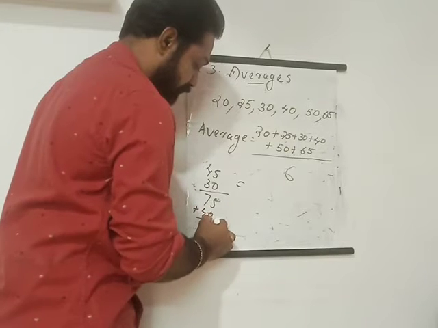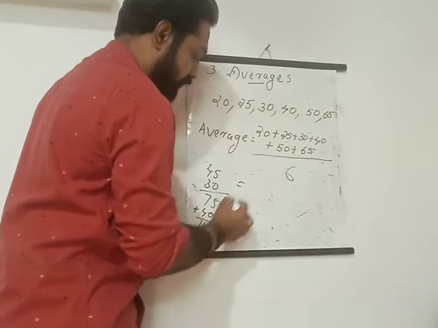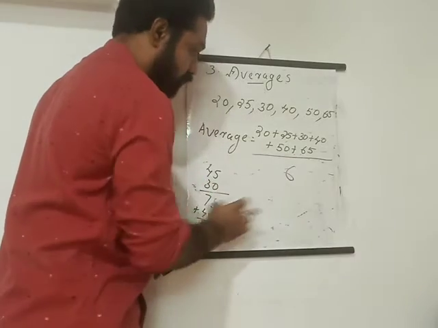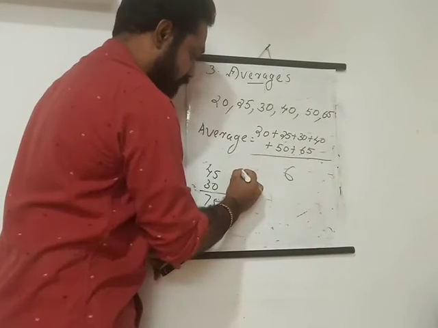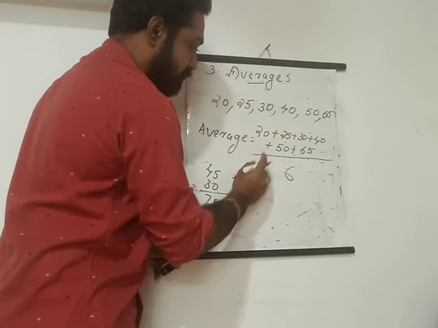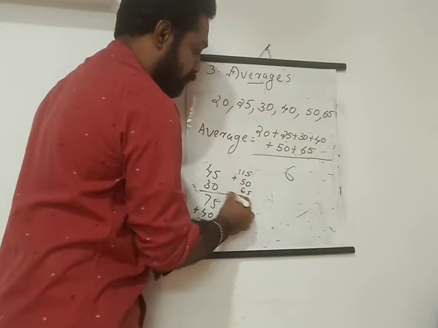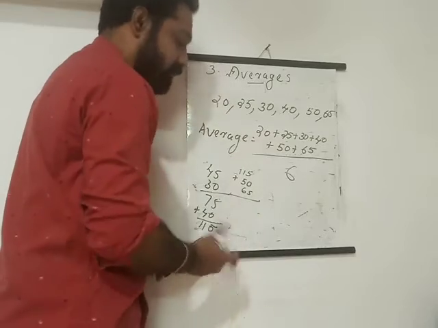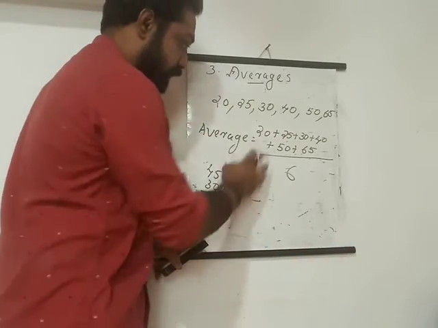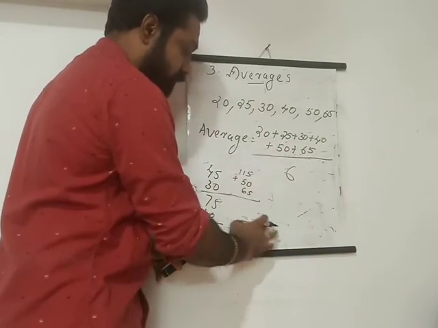75 plus 45, 115 we got. Okay, 75 plus 40 we did, up to this one we did. Then 150 plus 50 and 65 is there. You can add both, or you just write all the numbers and add, no problem. Okay, just write 20, 25 like that. You just write all these numbers and add.